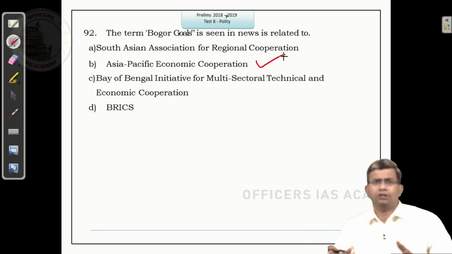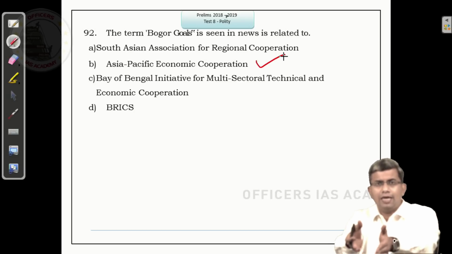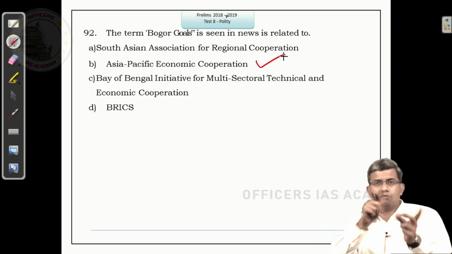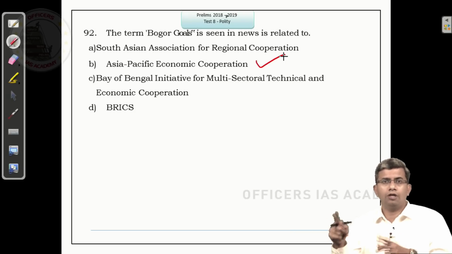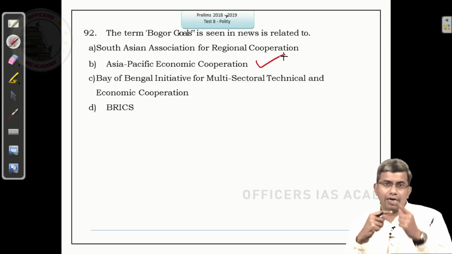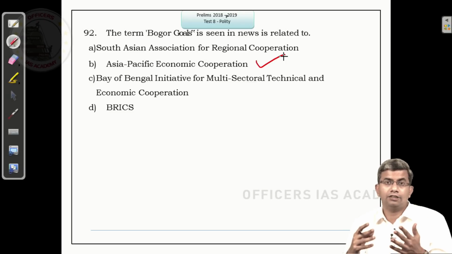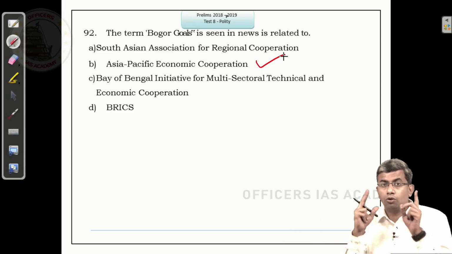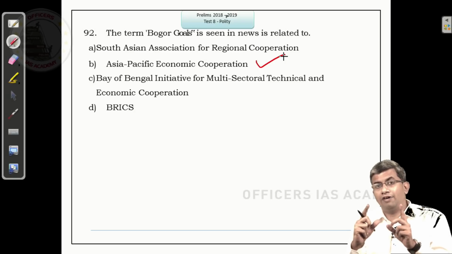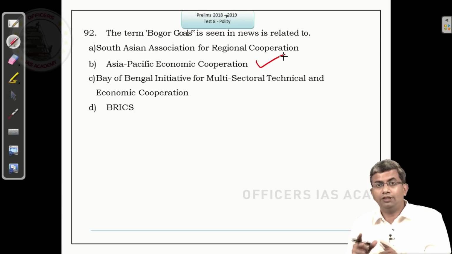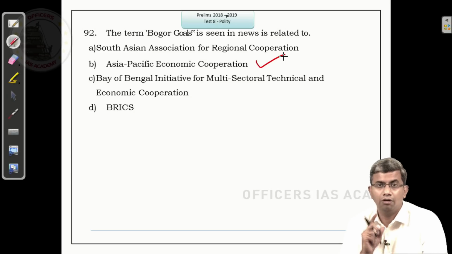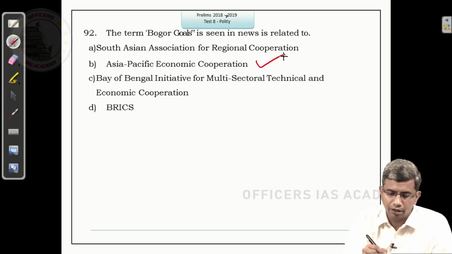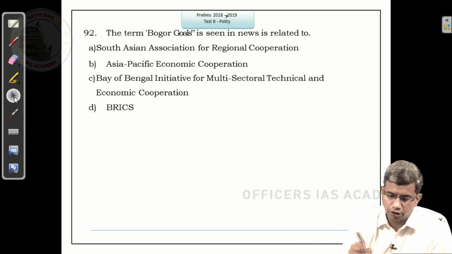Guys, these are all fact-based questions. Wherever there is A, B, C, D as a choice, unless you know the fact, you cannot eliminate. At least in combination questions, like 1 and 2 only, 1, 2 and 3 only, or 2 and 3 only, once you know one statement, you can try to eliminate. If you know 2 statements, you may arrive at the correct answer itself. But here, you either know or you don't know. So be clear about it. Don't take a very silly chance in such questions unless you are reasonably sure. Don't touch these questions if you are already comfortably placed at around 85 to 87 questions, right? So the correct answer is B for this.